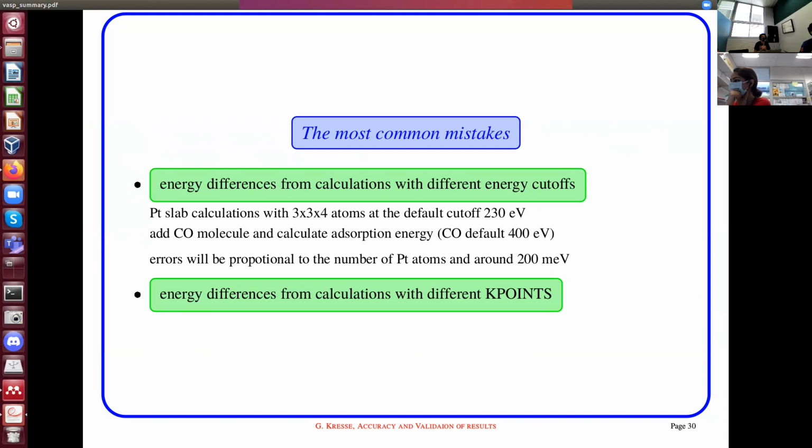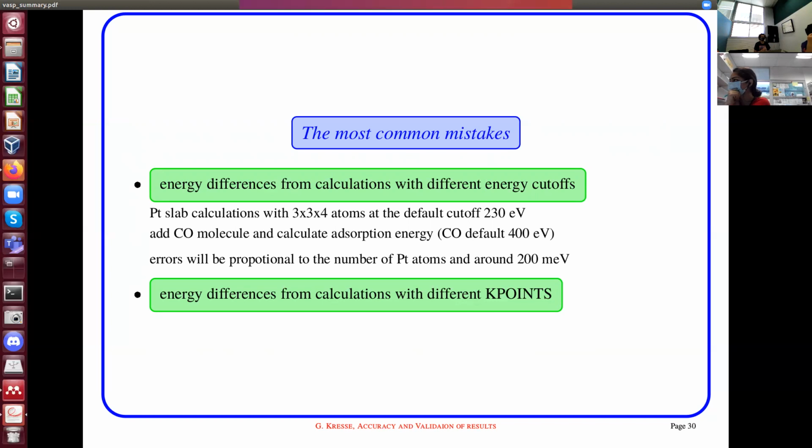Remember, that's the reason why, for instance, in the last answer, when you were supposed to calculate the absorption energy for CO, they also made you repeat the DFT energy of your surface. You cannot compare surfaces if you have a different energy cutoff, because that's completely wrong. And you cannot compare energies if you have a different k-point mesh. So just remember that whenever you want to calculate absorption energy, surface energies, whatever, you always need to keep the